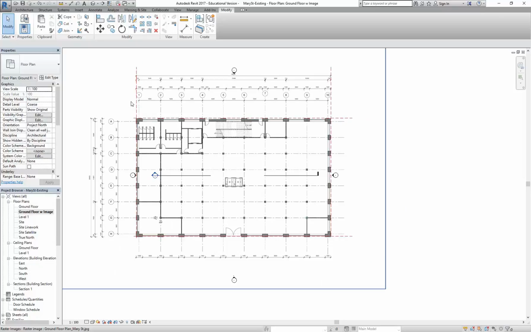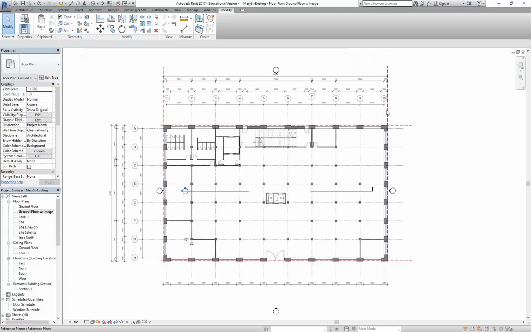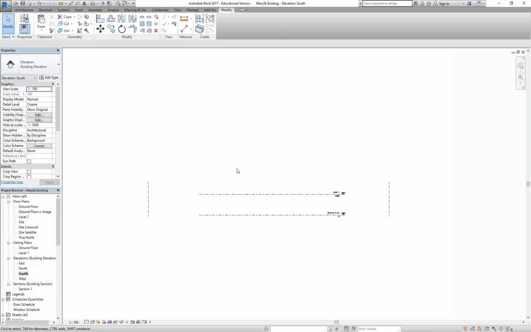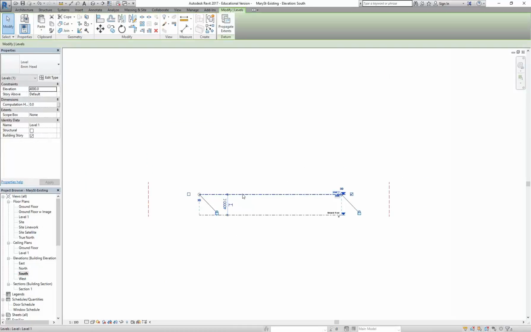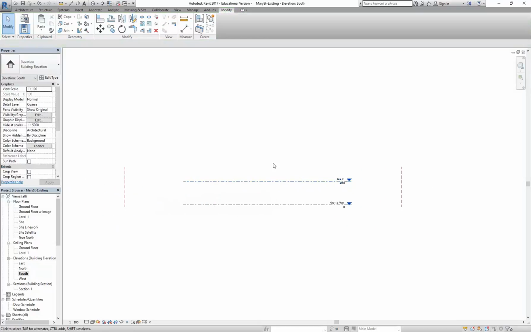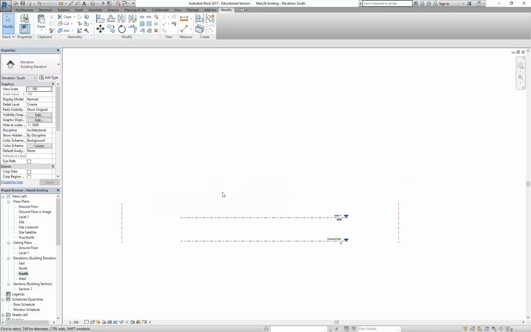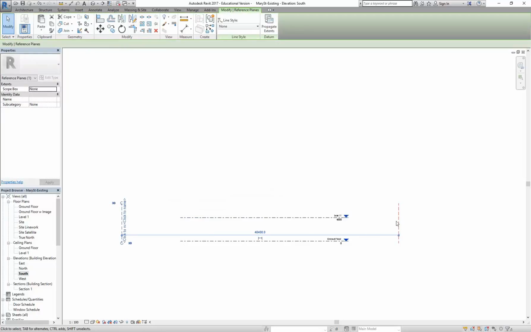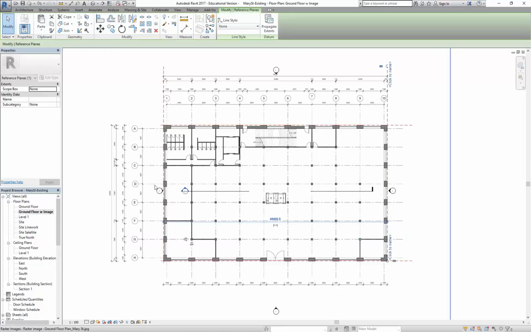Okay, so I've got the reference planes now set up to establish the size of the building. And now I want to establish the height of the building using levels before I put in my grids and start setting out the exterior walls. This is something I do with every single project, and I find most people who use Revit would do the same. Once you've got a good idea of the plan dimensions, in other words, the length and the width of your building in plan,